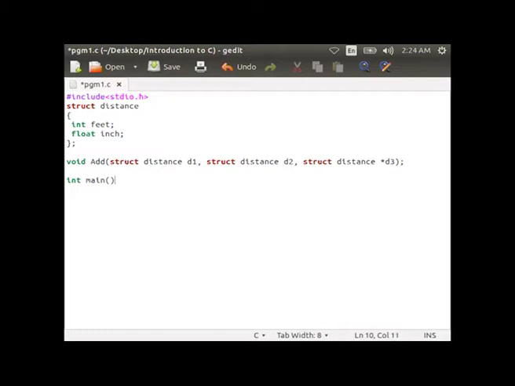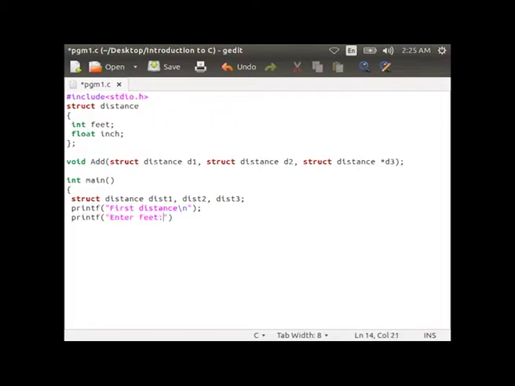Then within the main, int main within curly braces, struct distance dist1, dist2, dist3, then printf "first distance", printf "enter